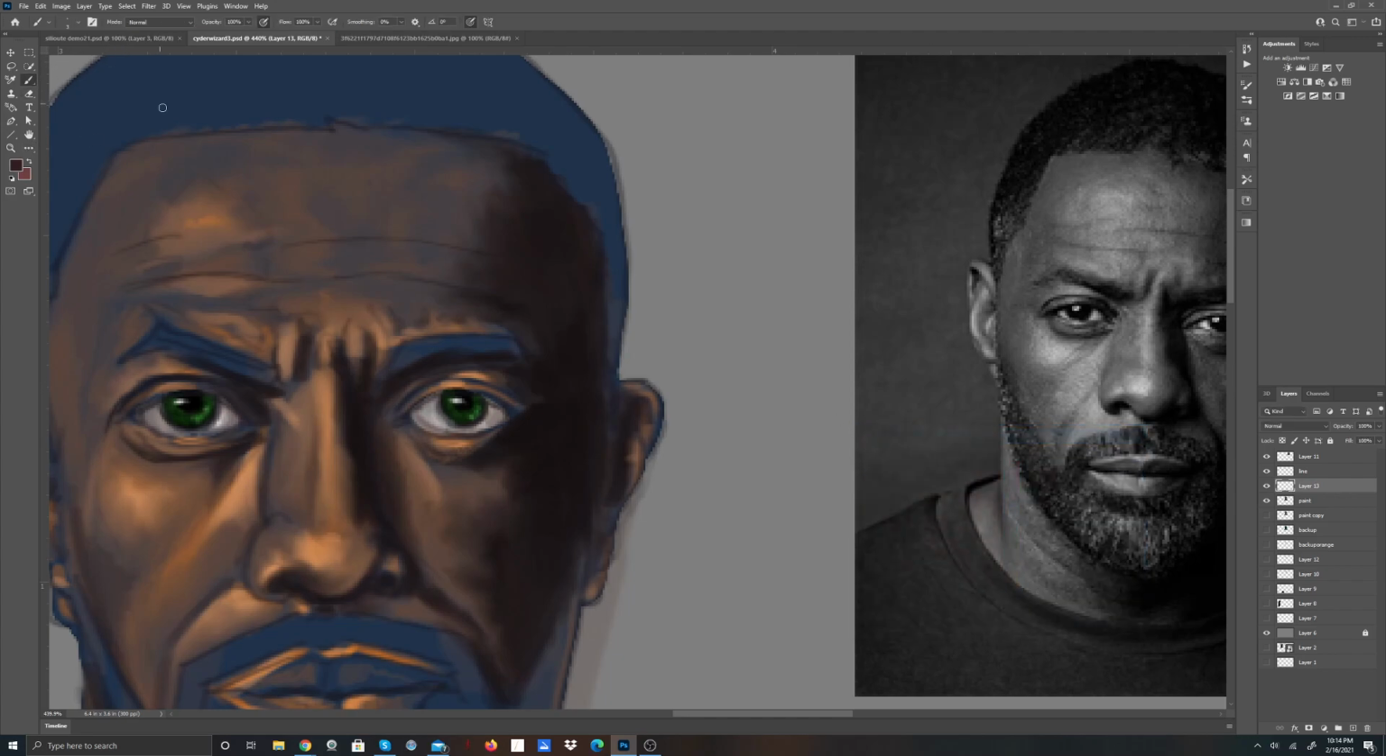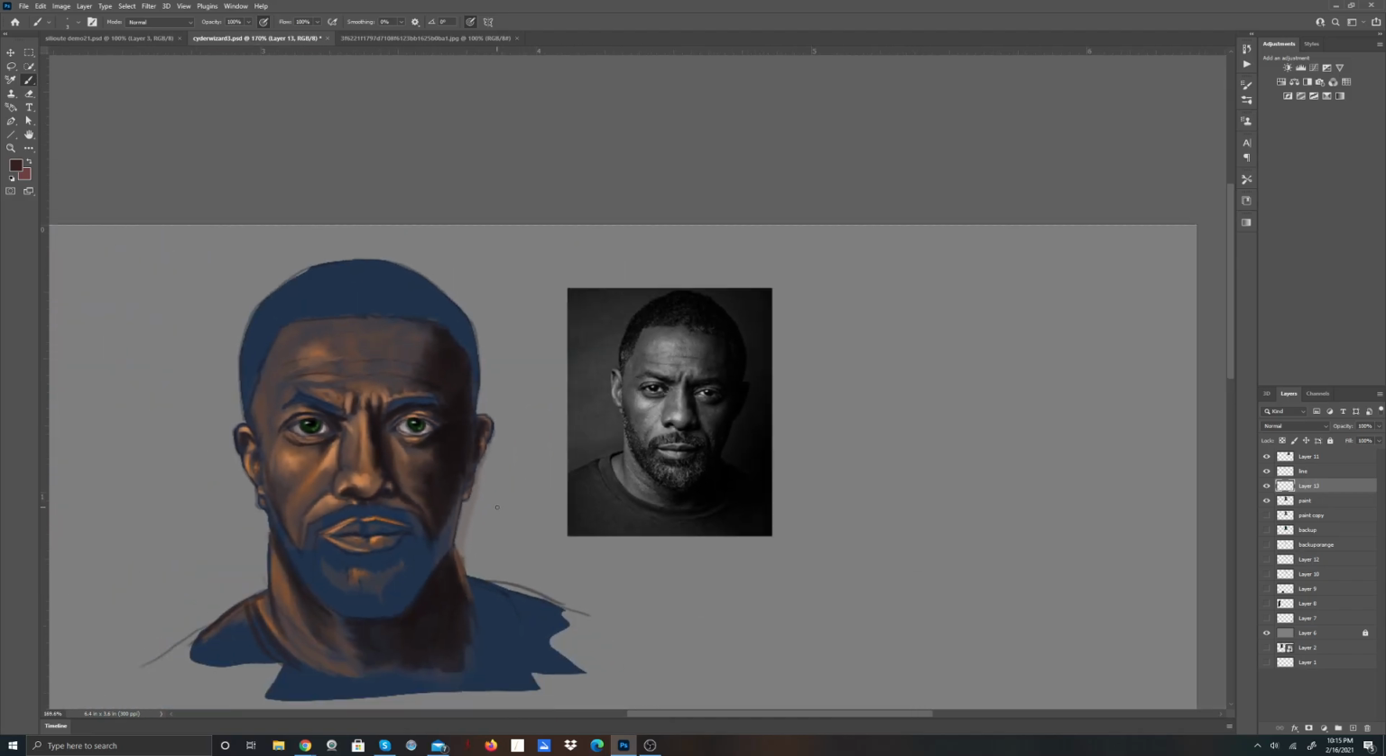Dark. And I gotta come in and put the bottom of his eye back in. I took it out, and put the bottom of his eye in here. There we go. All right. Okay, so